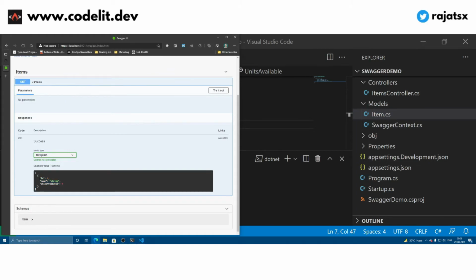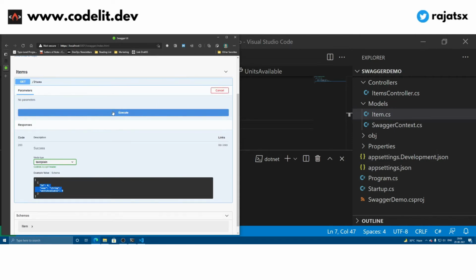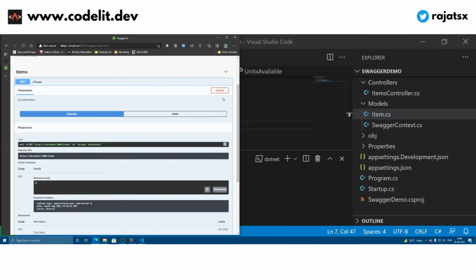that this particular element is going to have three fields. So it has documented my entire get route properly along with all the parameters that are going to be there in the response code. Okay, so I can also try it out. So as of now, if I do the fetch using the get method, I will issue this command. I mean, the Swagger UI has issued this command on this particular URL and it has gotten this response. So as of now, there is nothing inside this response body.